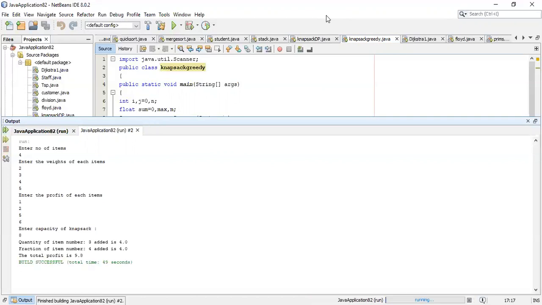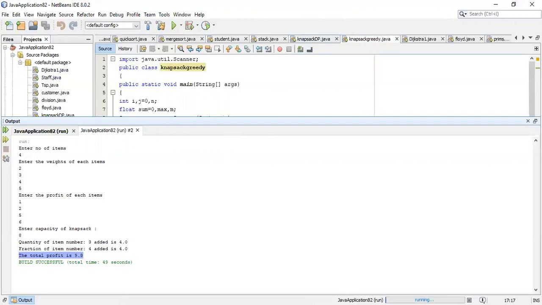So now I have got the total profit as 9.8, which is the same as what I calculated before.